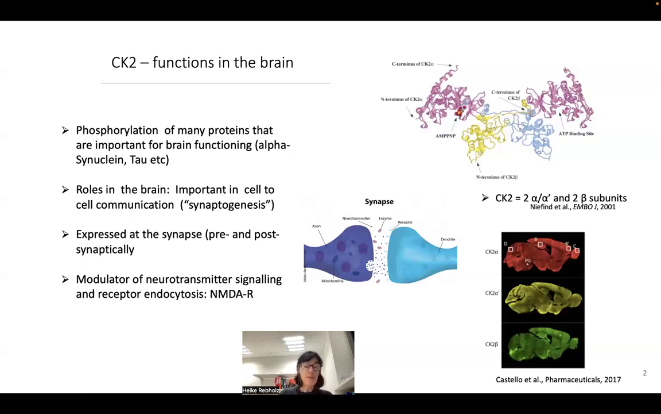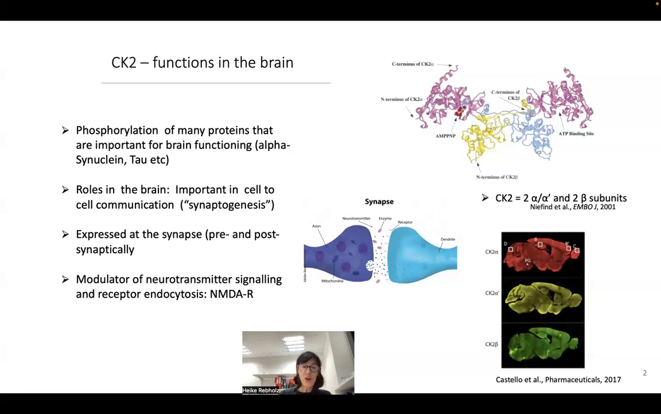And we know in the brain there are many substrates that are of crucial importance. They are to do with Parkinson's disease, for example, with Alzheimer's disease. We know a lot of molecules that are known to be involved in pathology are also CK2 substrates, but that doesn't mean that OCNDS has something to do or has a comorbidity with any of these proteins that are playing roles in these other conditions, since